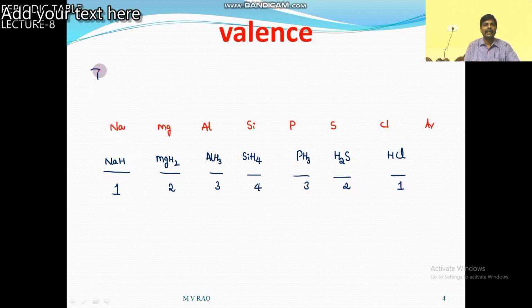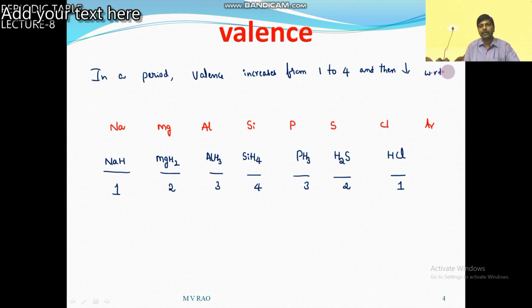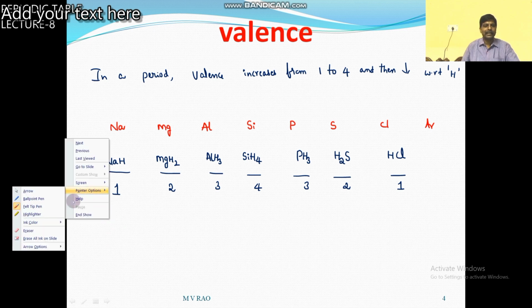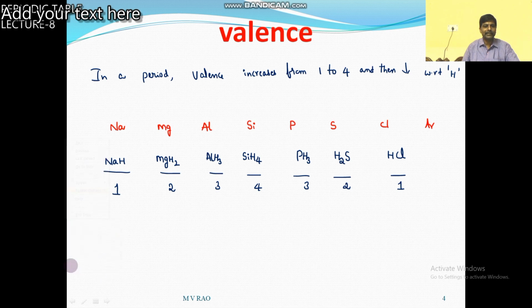So that means in a period, valency increases from 1 to 4 and then decreases with respect to hydrogen. Now the reference element is changed. The reference element is Cl. Here the formulas are HCl,